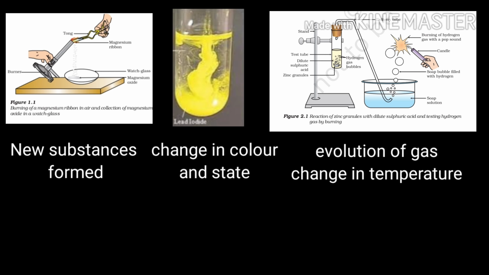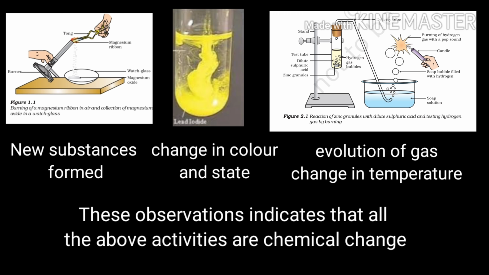In the first activity there was a reaction between magnesium and oxygen, and a new substance, magnesium oxide, was formed. In the second activity there was a formation of a new substance, lead iodide, and there was a change in color and state also. In the third activity we observed an evolution of gas, hydrogen gas, and the temperature also increased. So students, all these changes indicate that these activities are chemical changes, and these chemical changes must involve